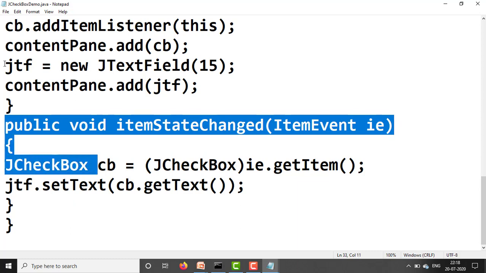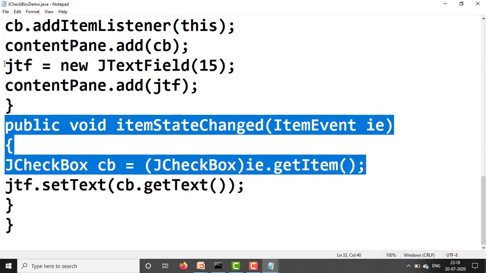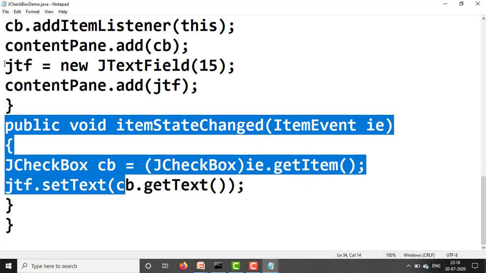JCheckBox cb equal to typecast (JCheckBox) i.getItem method. Next, the jtf.setText method and cb.getText method.